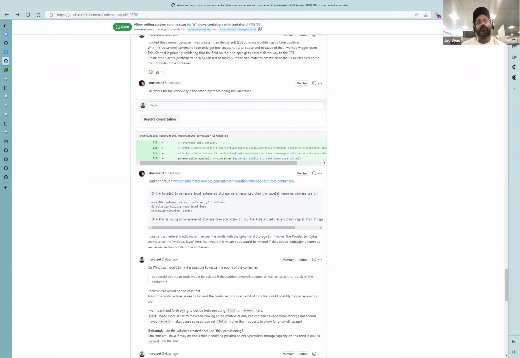I think the parity question is just such a hard question to ask that I don't know what the most important things are when it comes to reaching parity. Yeah, and then it's like what you just said. I think something's not going to have parity. It's either the behavior of if you set the requests, that's the size you get and it's fixed, or how eviction works. So which one is more important to have the parity in, and which one can we document saying this is how it's different, I think is the conversation to have now.